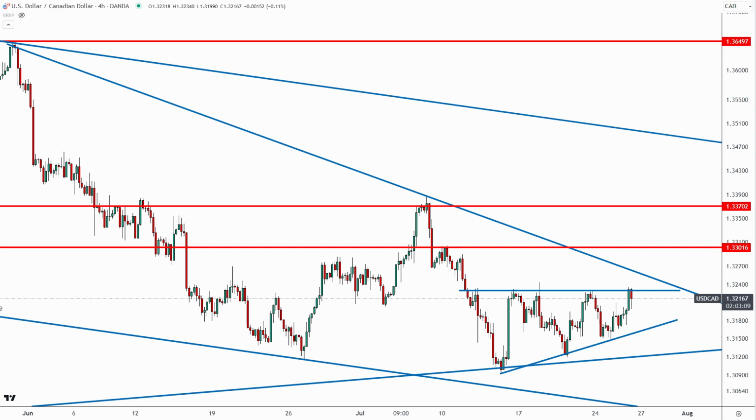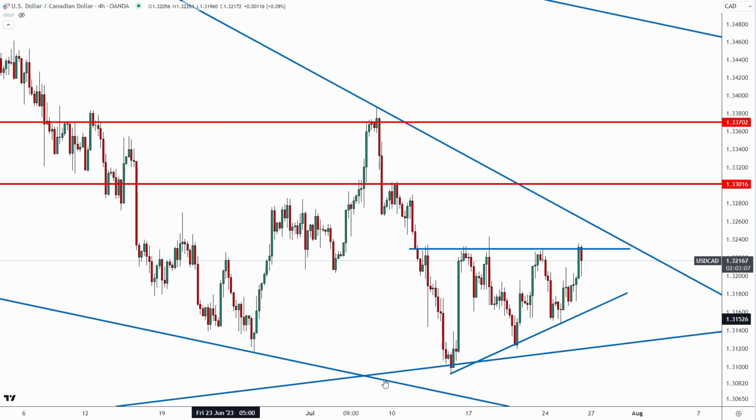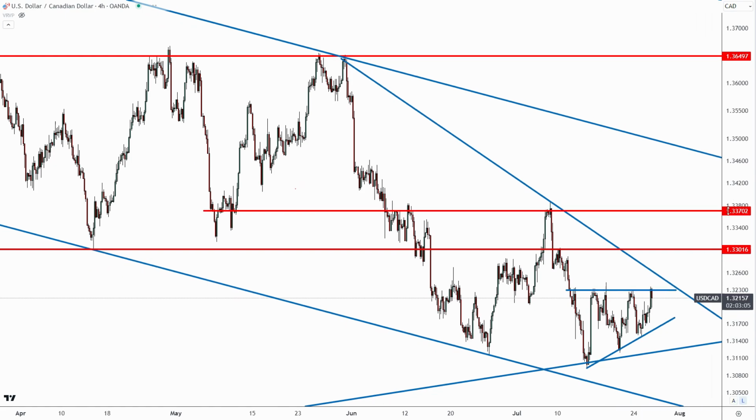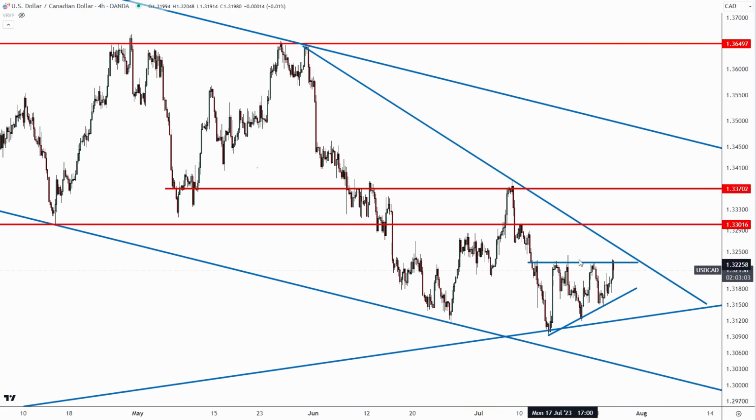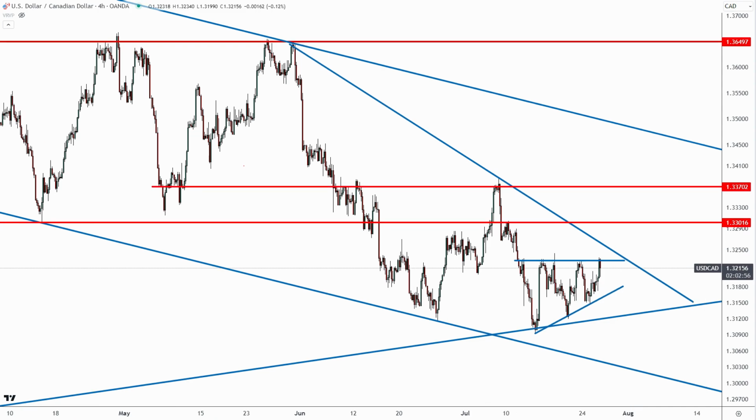Just keep in mind that we are likely to see a lot of volatility for the US dollar ahead of that event and also after that event. So, keep that in mind. You probably don't want to trade this market ahead of that event just because of the volatility that we are likely to see. But I do think that just given this structure here, especially if we look at the 12-hour